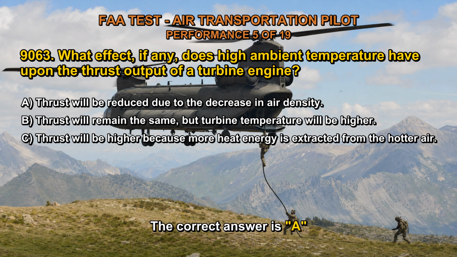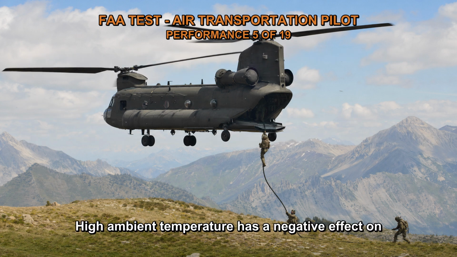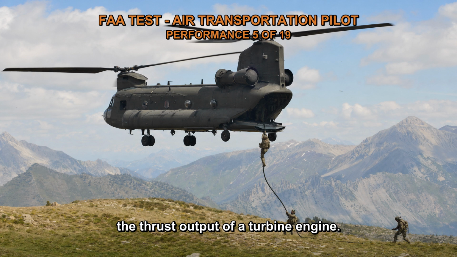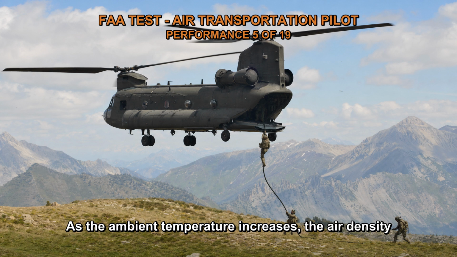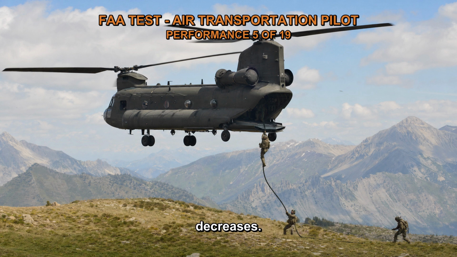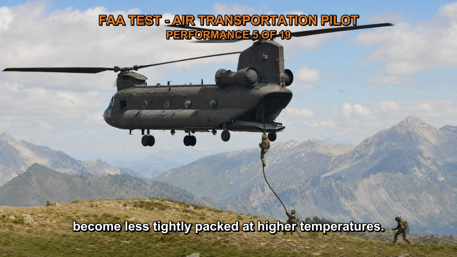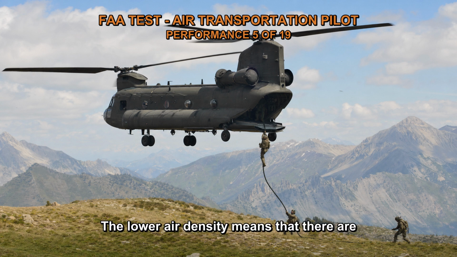The correct answer is A. High ambient temperature has a negative effect on the thrust output of a turbine engine. The main reason for this is the decrease in air density associated with high temperature. As the ambient temperature increases, the air density decreases. This is because the air molecules expand and become less tightly packed at higher temperatures. The lower air density means that there are fewer air molecules available for the engine to take in and combust